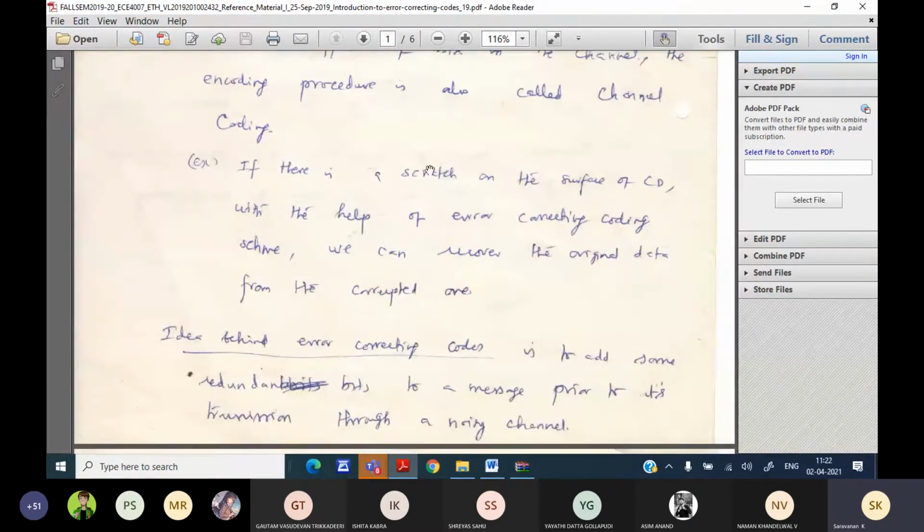By introducing redundant bits, we increase the error detection capability. If there is a scratch on the surface of a CD, with the help of an error correcting code we can recover the original data from the corrupted one. That is also possible.